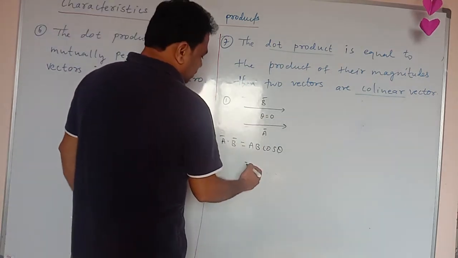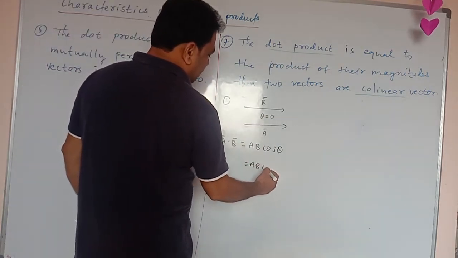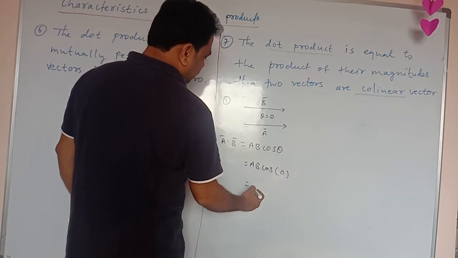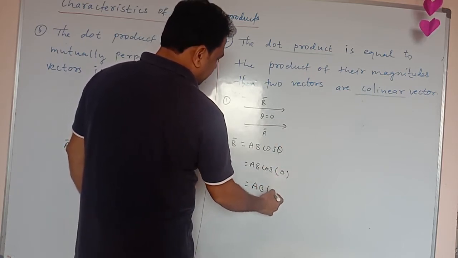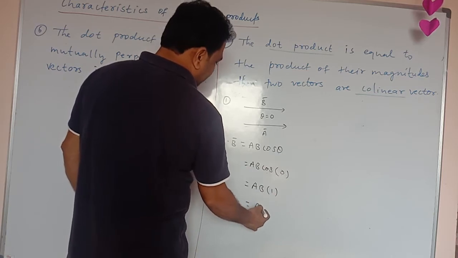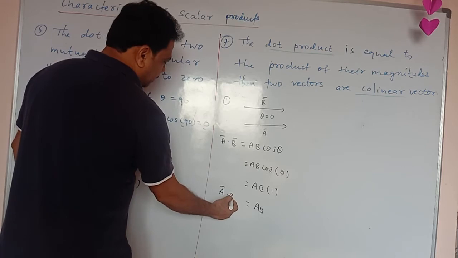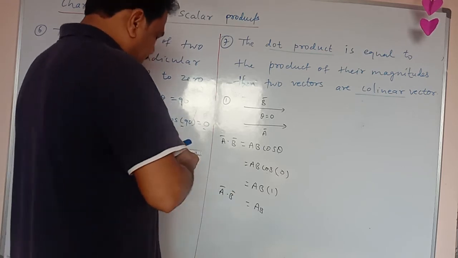Theta is equal to 0, so instead of theta write 0: AB cos 0. The value of cos 0 is 1, so our dot product, vector A dot vector B, is exactly equal to